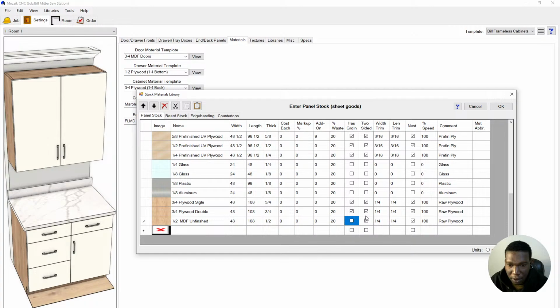No, it doesn't have green. Two-sided, no, this one. How much trim do you want? That is around the parts on edges, so that one is drawn to waste. You want it to be able to be nested on optimizer. Yes, speed, and then abbreviation, you can put something there. So that is for your